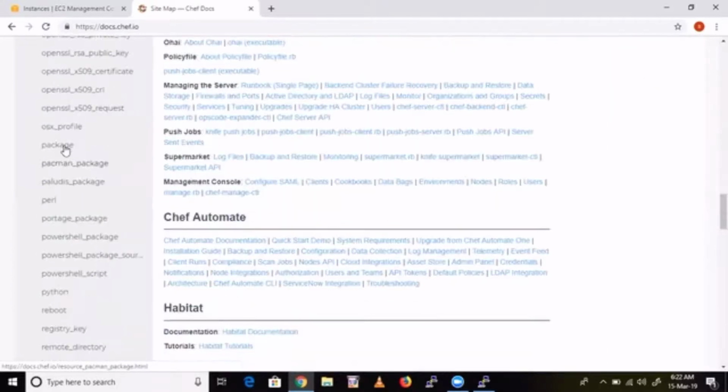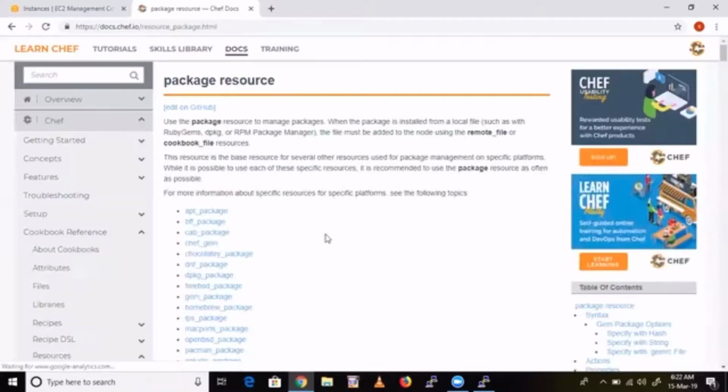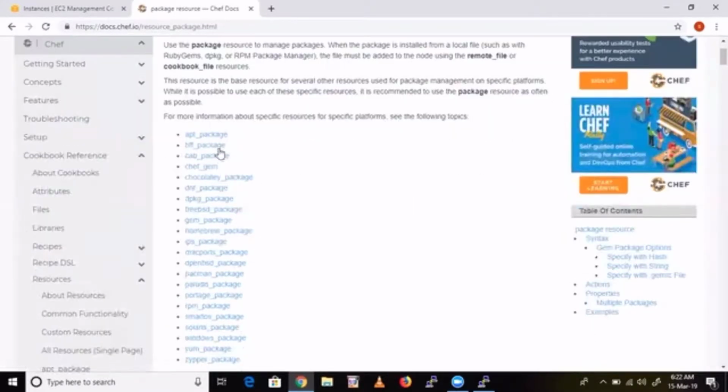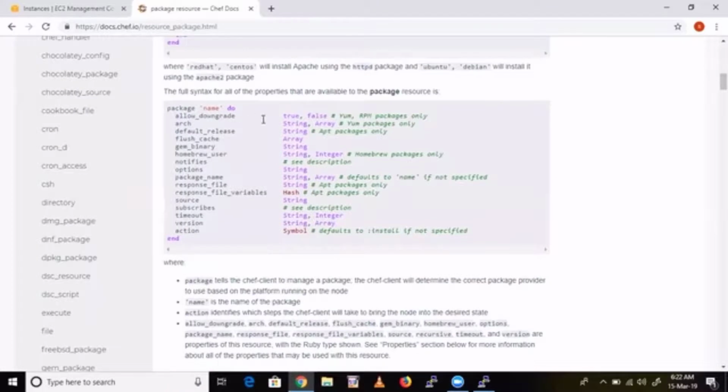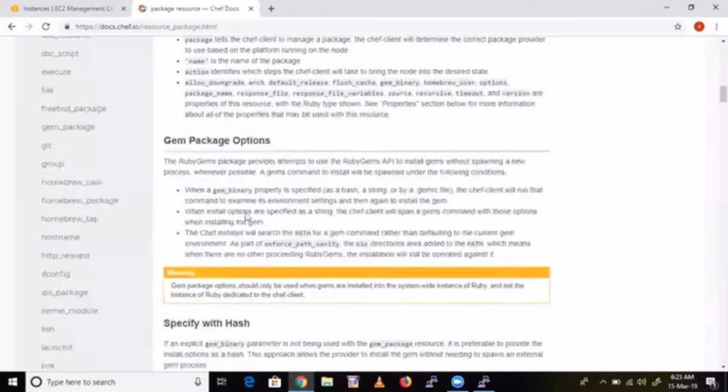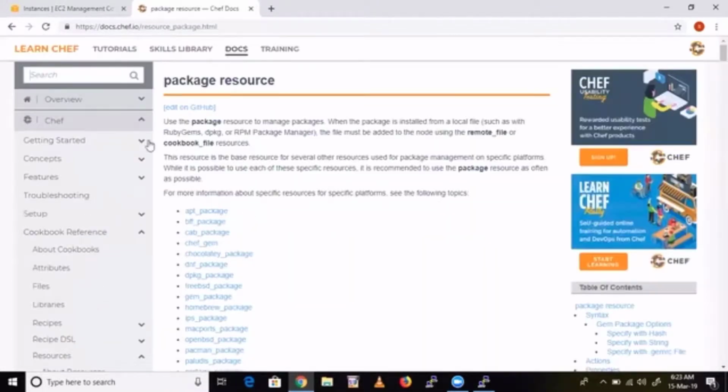See here, package resource. Here also they are giving so many things. This is the package resource, with the package name. Understood? So we install everything, right? Like middleware, backend part. Yes, everything you can do.